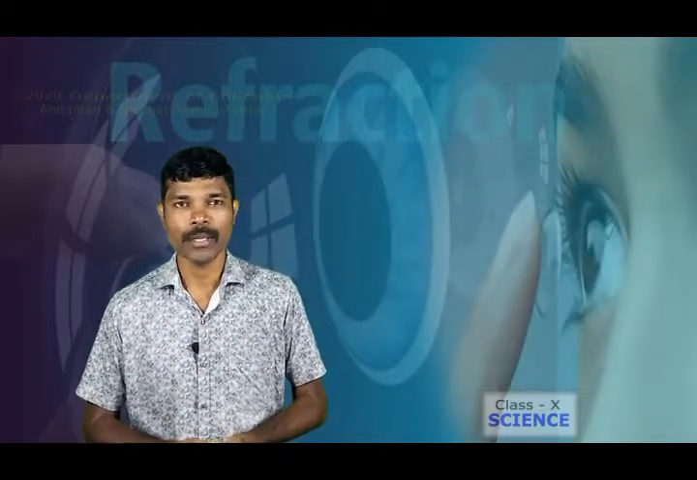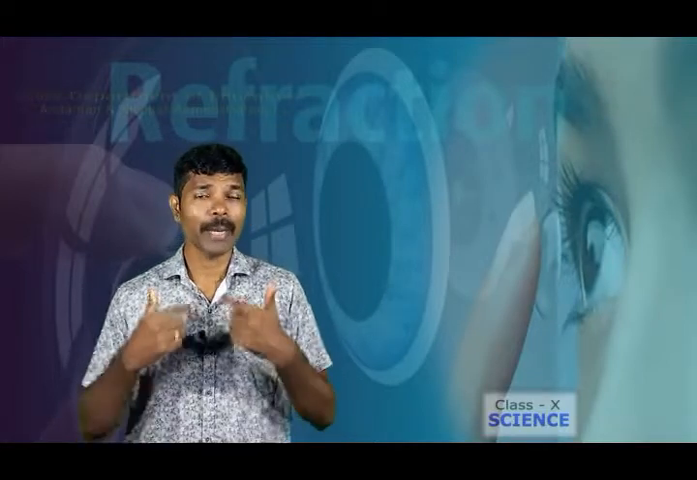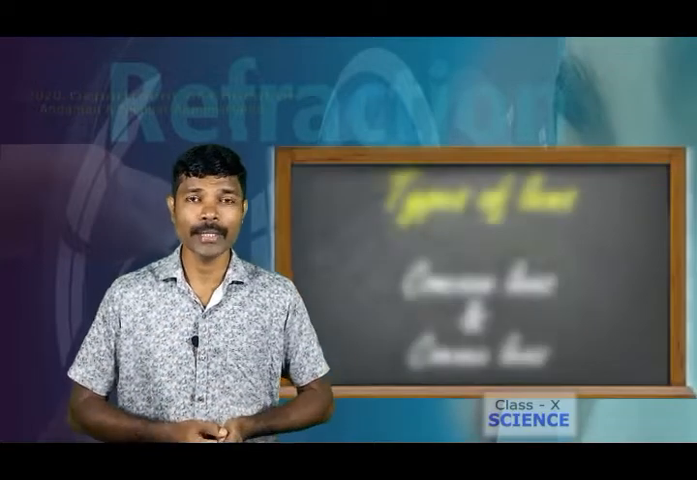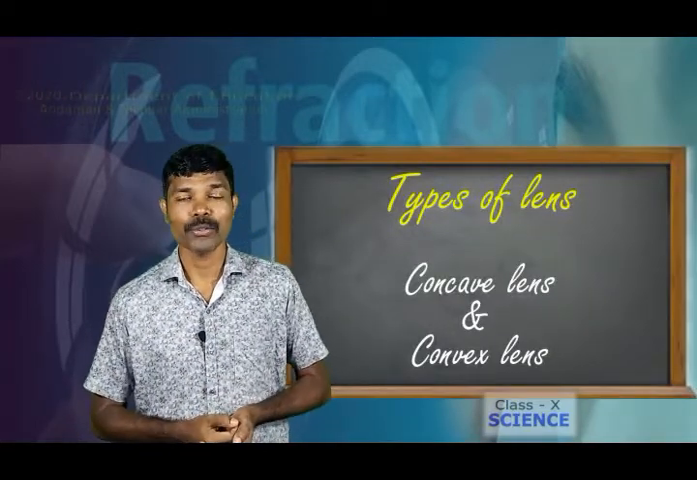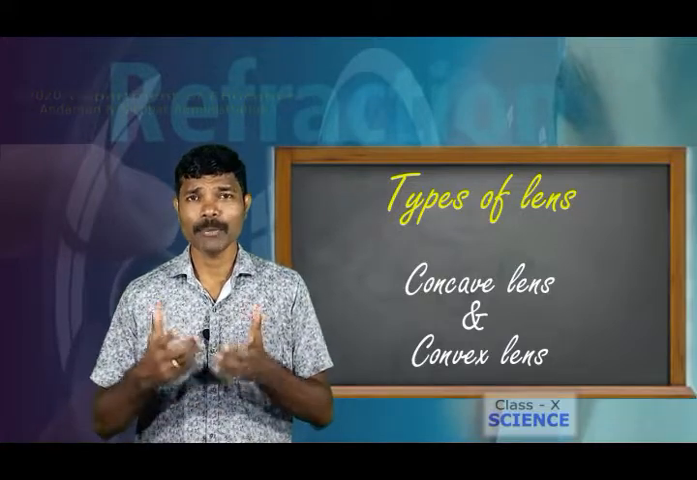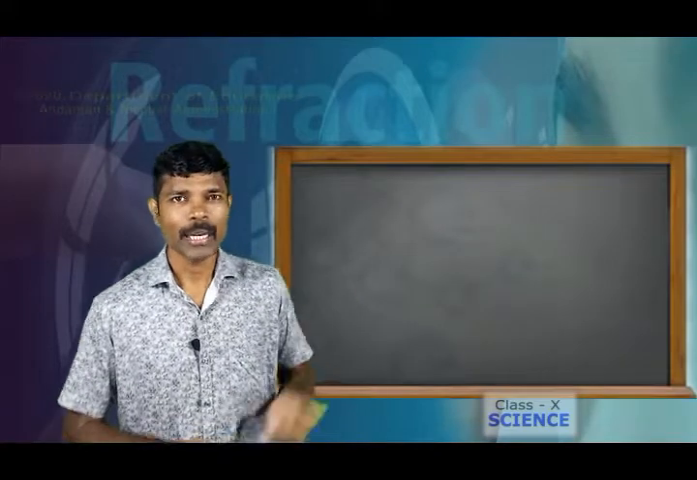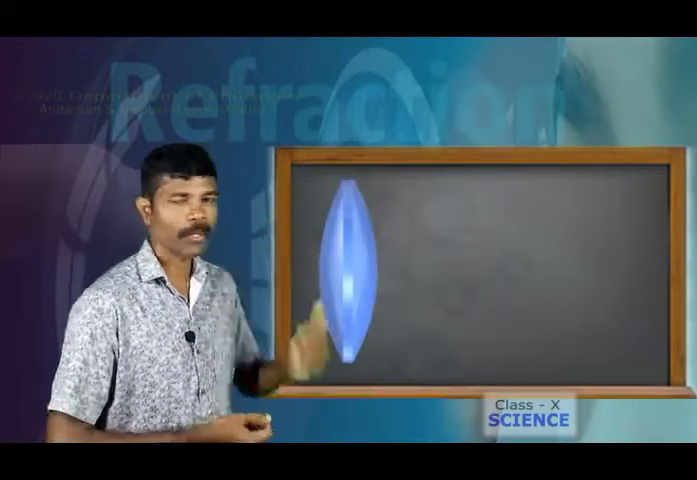Now we will discuss more about spherical lenses. While learning about mirrors, we studied that mirrors are classified into two categories: convex mirror and concave mirror. Likewise, spherical lenses are also classified into two categories: concave lens and convex lens. Now, how can we identify whether the transparent material or lens is concave or convex? Now look at the screen. The first picture shows